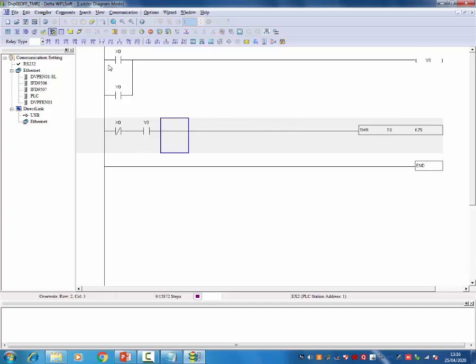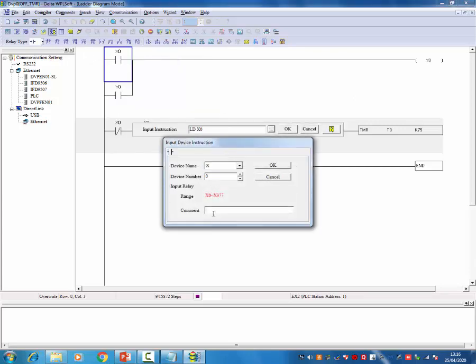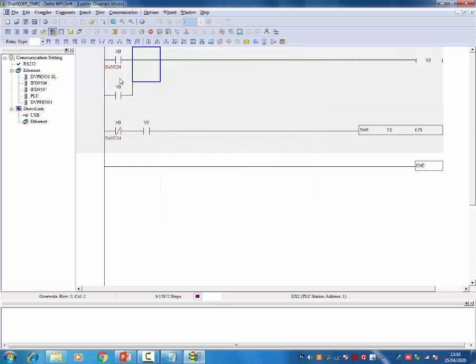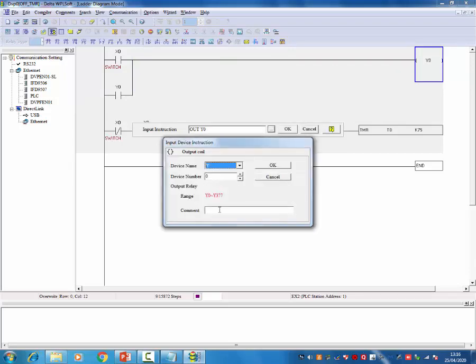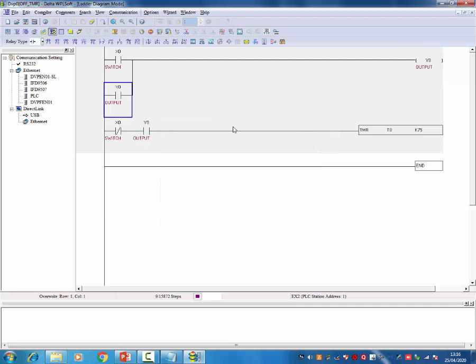We should give the latching there also. In the latching condition we should also give the timer off condition. Why are we giving this timer off condition? You will understand after watching the logic. I'm considering X naught as my switch, my output Y naught as the output, and T naught as my timer, which we can consider an off delay timer.